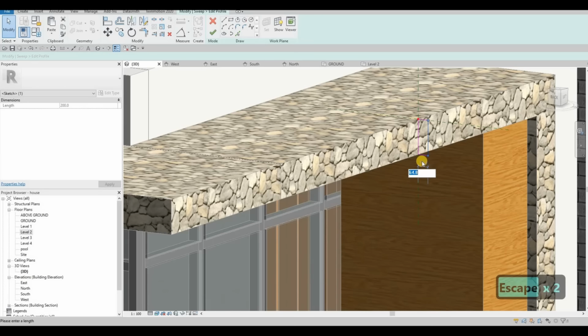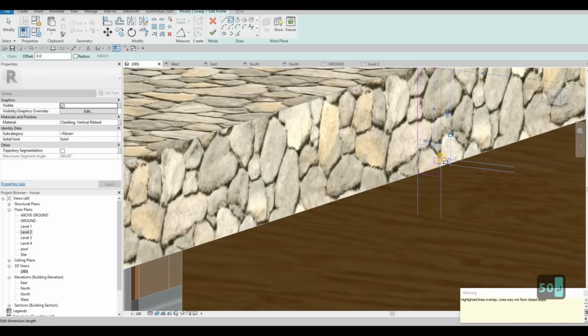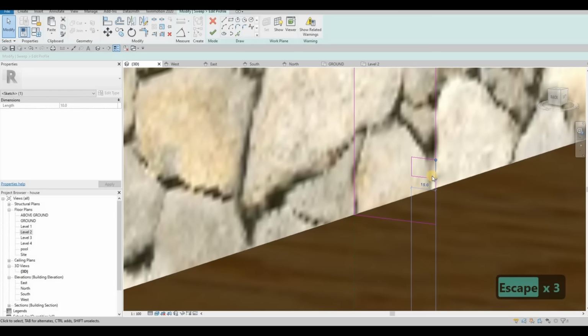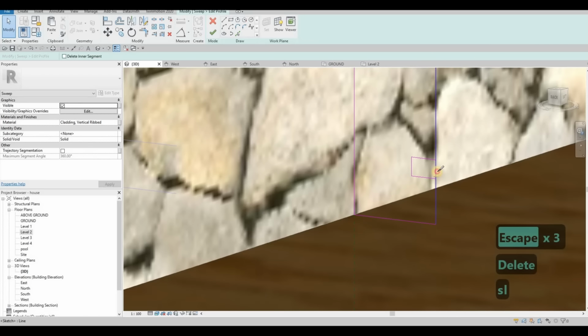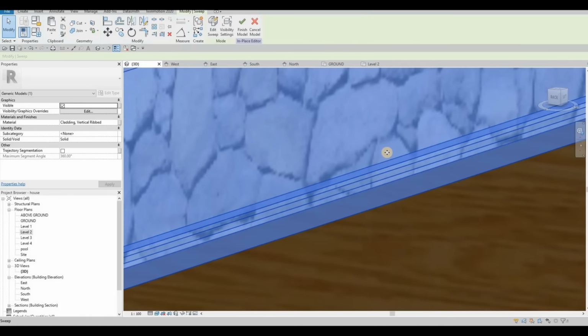It's just 50, and then just adding a notch. You can do 10 by 15. Trim and extend, click finish, and then finish,